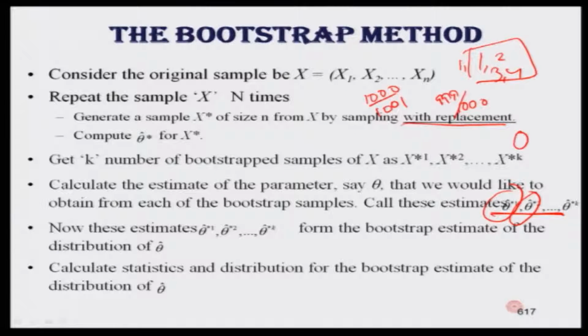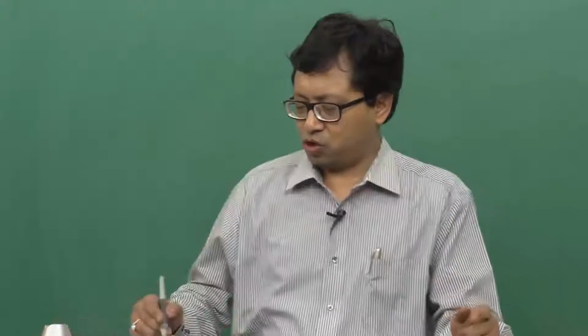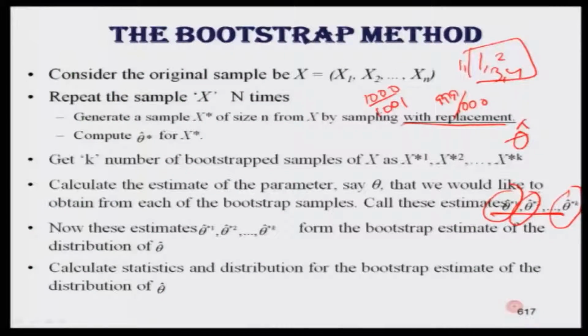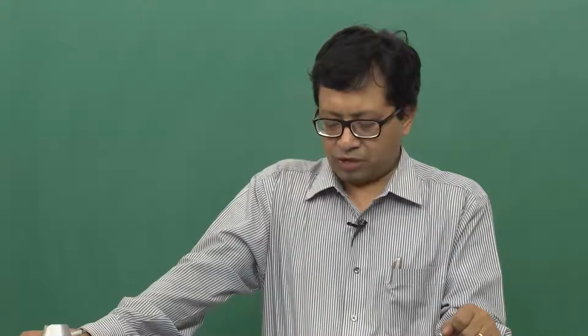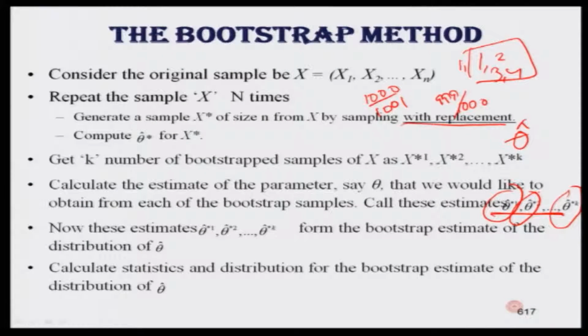These hats mean they are the estimated values corresponding to the first sample, second sample, third sample you are drawing, and so on. So you find such k groups, each group having small n observations. Now, these bootstrap estimates estimate the distribution parameter theta hat,